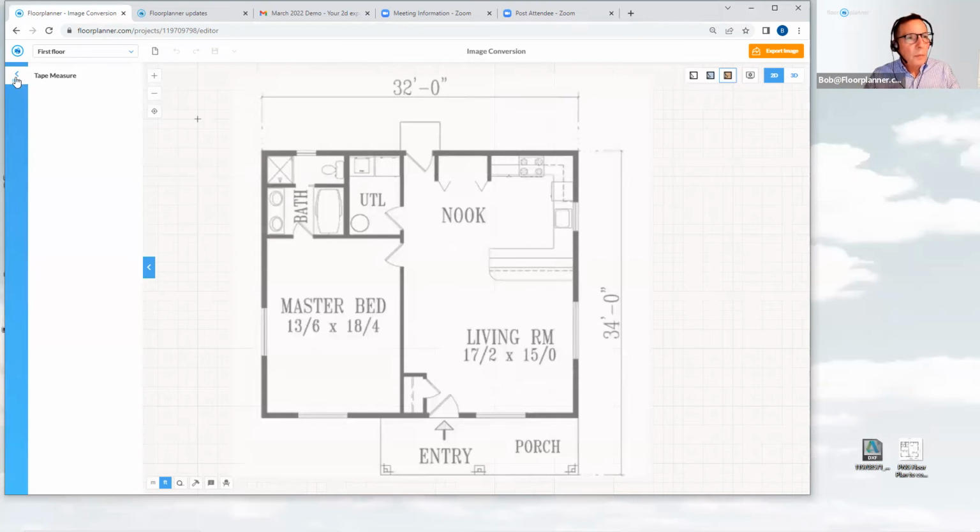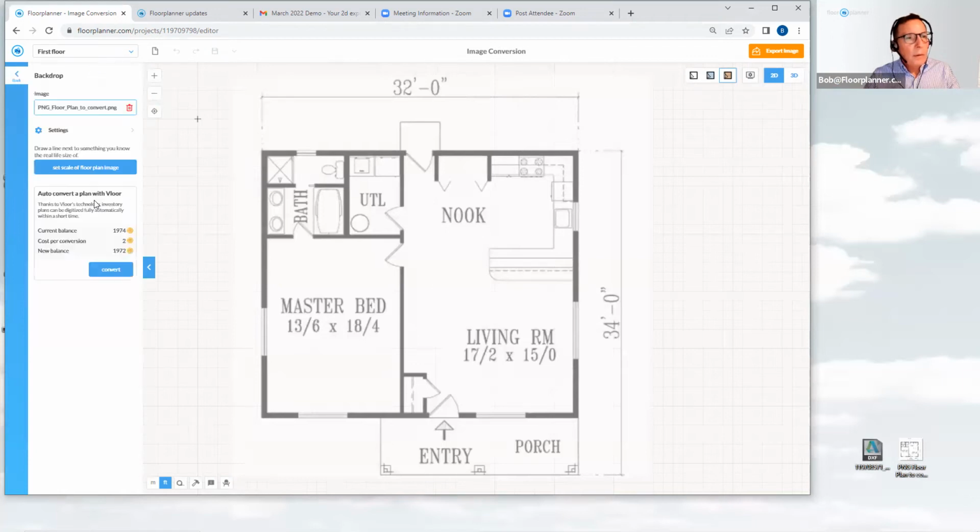So to do so, we're going to go back for a second. In the background settings tab, here is the auto convert a plan with blur. It's going to be cost effective here, right? 2 credits to do this. And if I've already rescaled this background, I say convert, and I hit convert, and it's converting